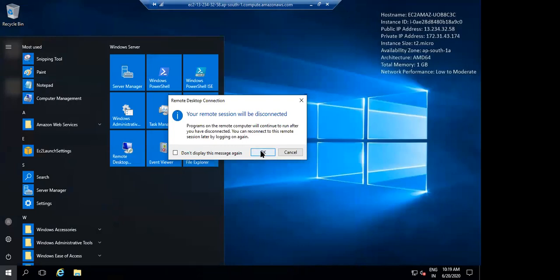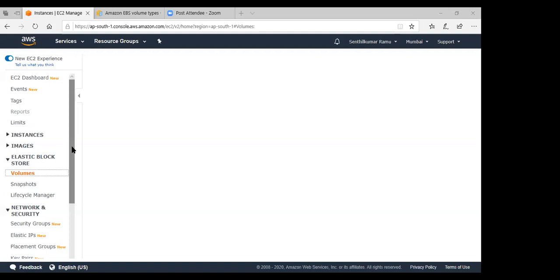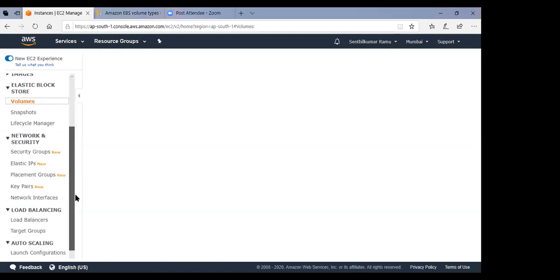You guys are able to see now I'm exiting actually. And I will share a screen of my console. You see my screen, guys? Yes, we can. Now I'm going to volumes.